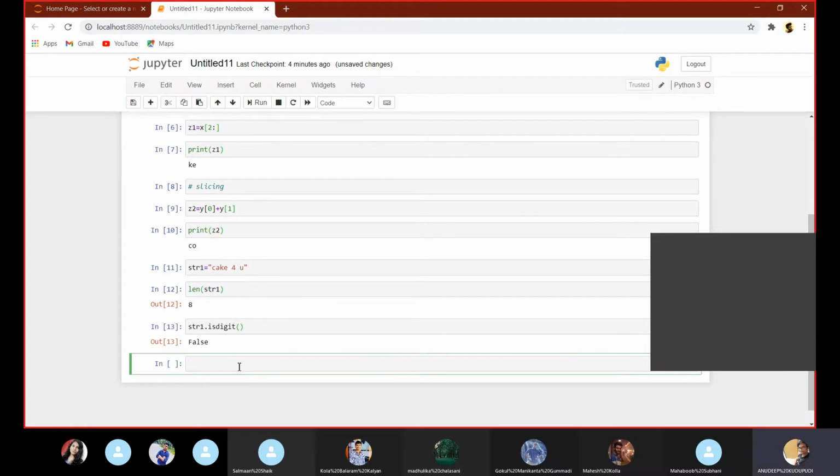Here in the output we will get false because there are no numeric digit values in str1. Replacing parts of strings with other strings can also be done within string operations.